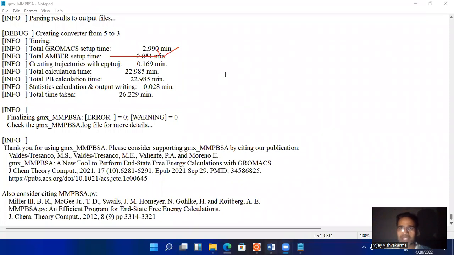You can also check this from here with the info tab: finalizing gmx_MMPBSA, error equals 0 and warning equals 0